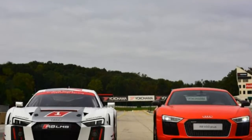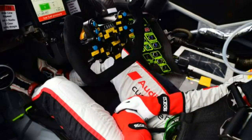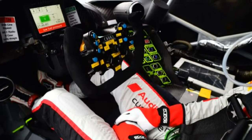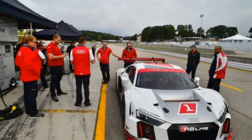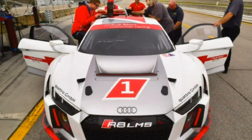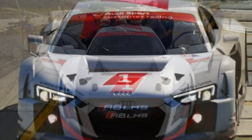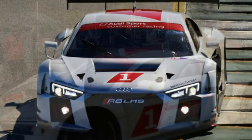The talking point I get before testing the 2016 Audi R8 LMS race car is that it's been developed from the ground up in concert with the road-going R8 supercar. So I'm not expecting anything crazy, just a gutted version of the street car with lots of safety gear and some extra performance goodies. But shortly after passing the front gate at Road Atlanta, I hear a driver bang off